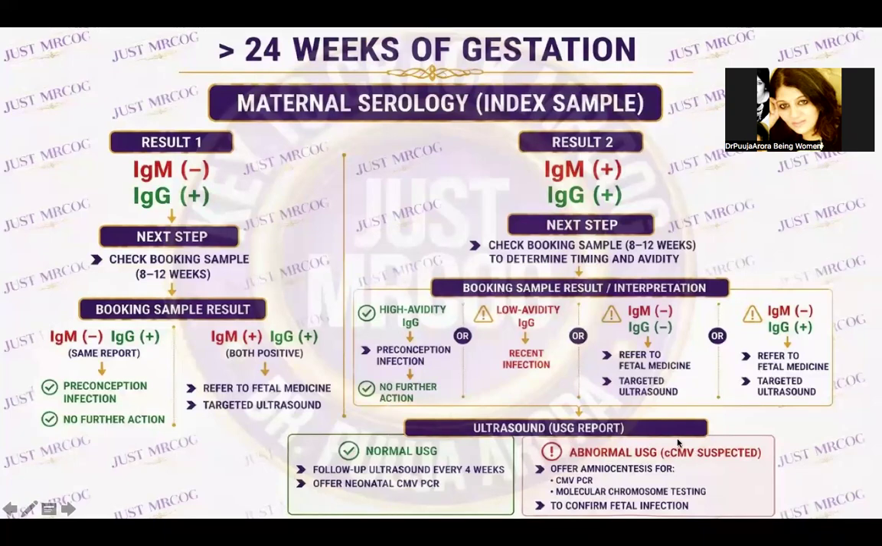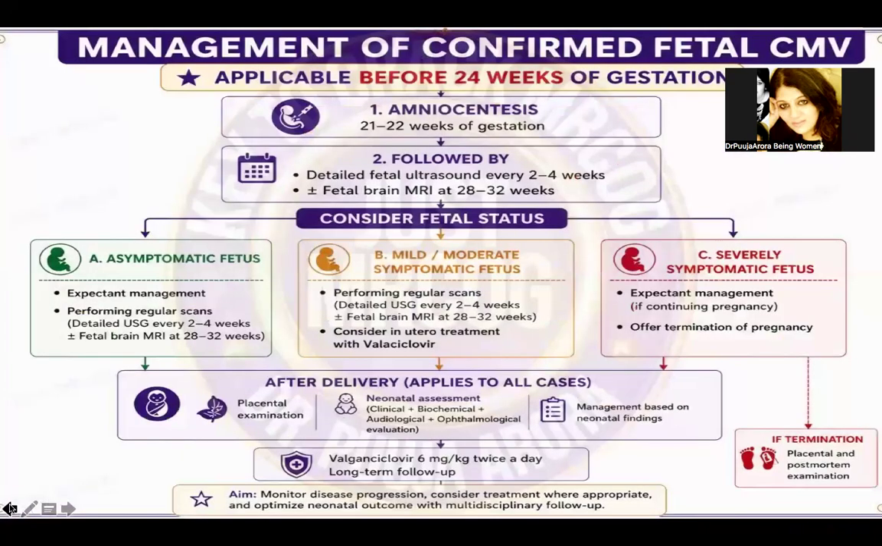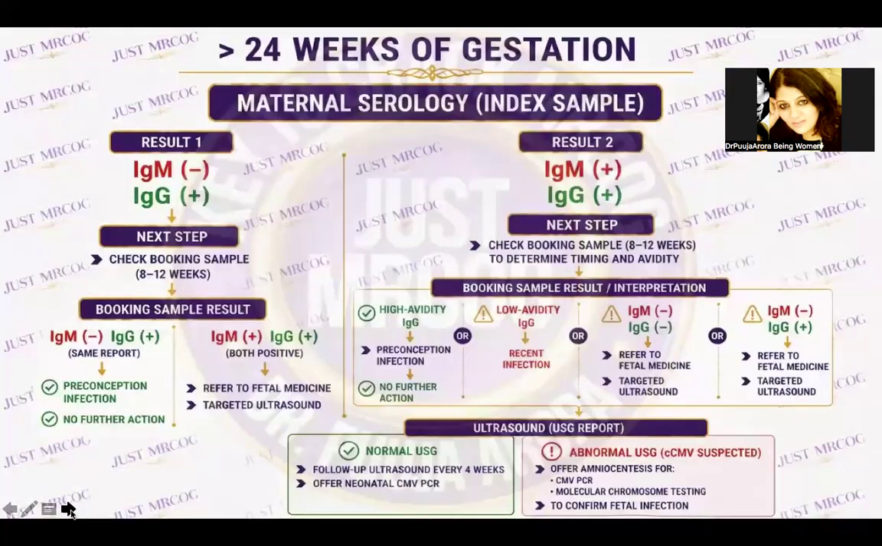But if ultrasound is abnormal, then we are going to offer amniocentesis or CMV PCR molecular chromosome testing to confirm fetal infection. So now there can be two scenarios in your exam. The first scenario is that the patient has come with, say, some 20-week scan, right? Patient has come with some 20-week scan or